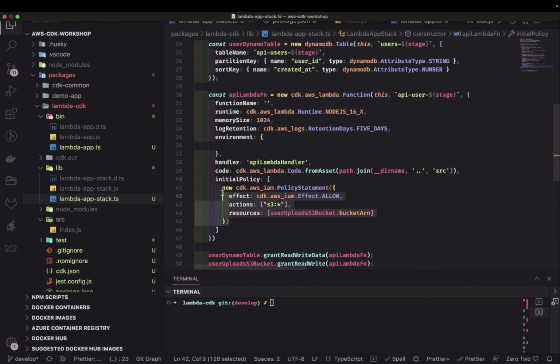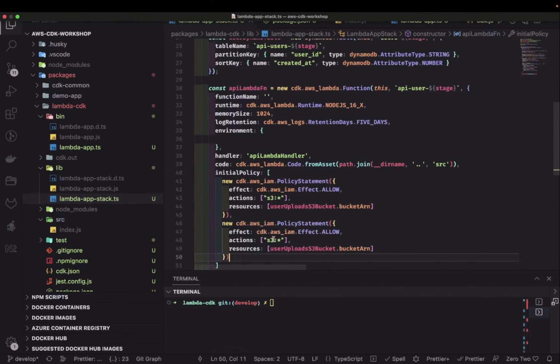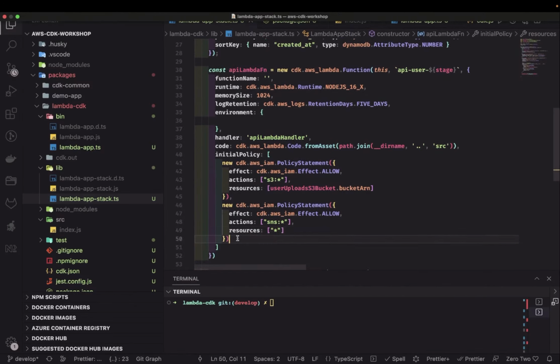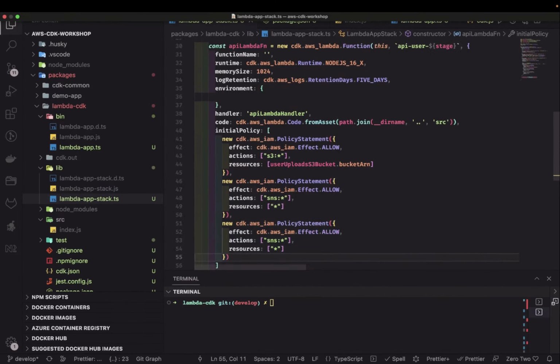And similarly, you can attach multiple policies. Here, let's say I'm talking about SNS. This Lambda function can send messages to all the SNS queues which are there in this account. So if we don't know the topic, we don't know the ARN, then we can just specify a wildcard. That means it can send to all the SNS resources. And then